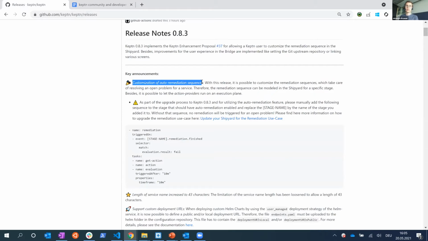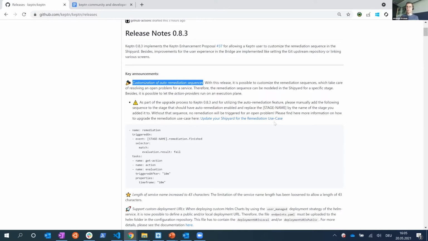First of all, we now allow customization of the remediation sequence, meaning that before Keptn 0.8.3, you were not able to customize your remediation sequence. You had to use the one that was built into the remediation service, and now you can model it via